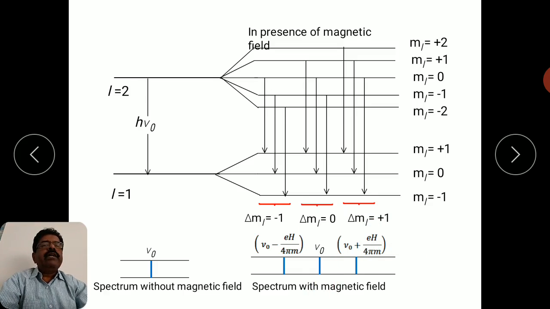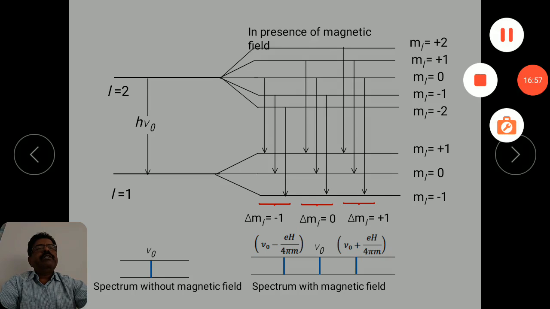So you can see here a single spectral line is split into three different components. That is how things happen in a single valence electron system when you apply a strong magnetic field. And Professor Zeeman first observed this effect for the sodium flame. So sodium is a best example of